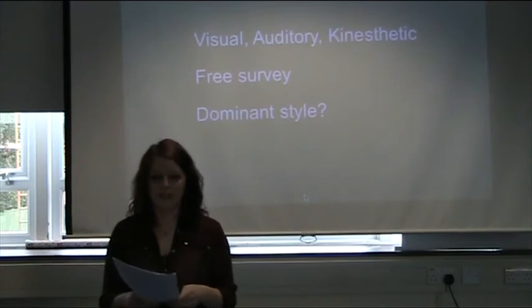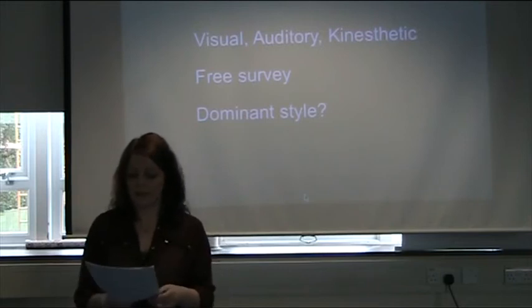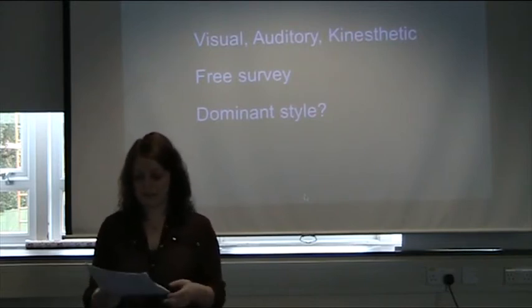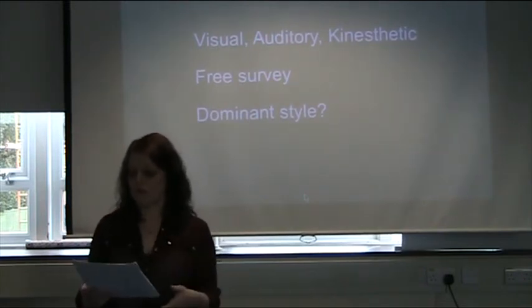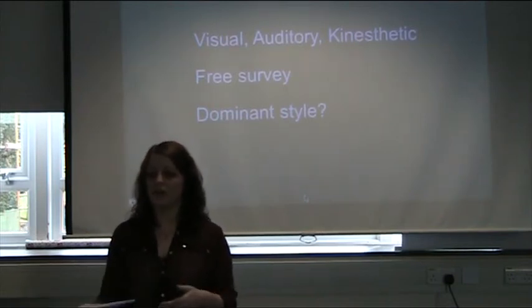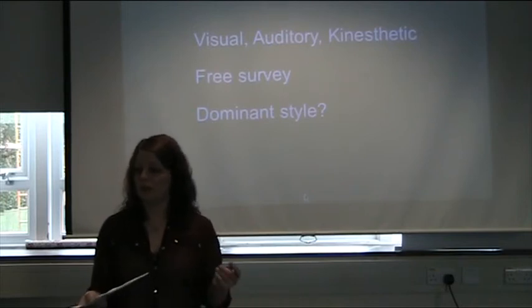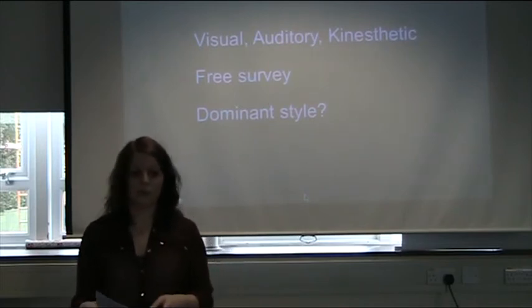But the problem with this survey is it's self-report, so it might not be completely accurate, and not everyone has a dominant learning style. We can have a combined learning style, so you could be a mix of visual and auditory kind of learner. And also this learning style can change over time, so in primary school and in reception classes, we're taught to learn through kinesthetic type learning, to explore what we're doing and explore the world around us in order to